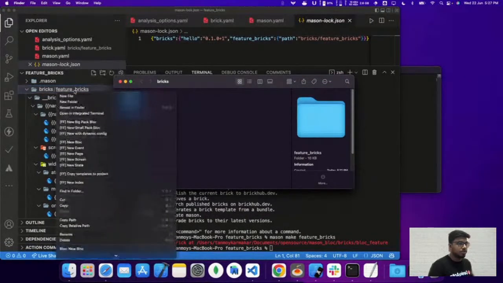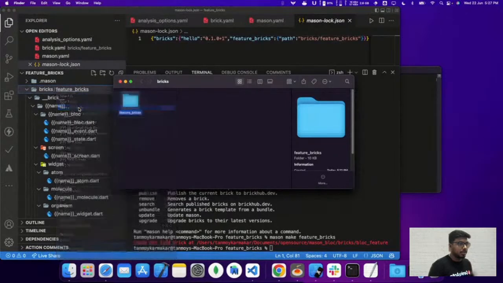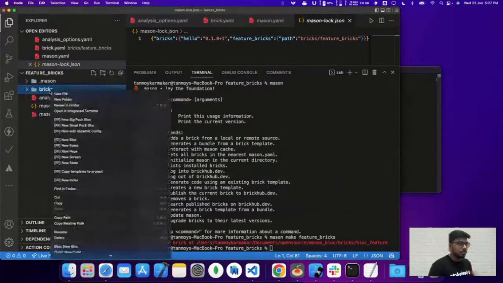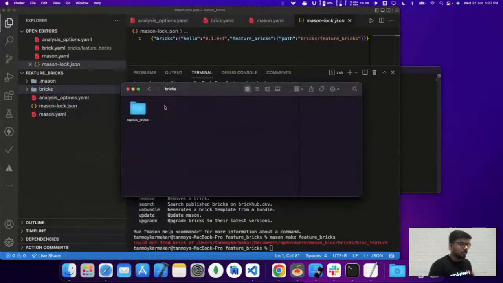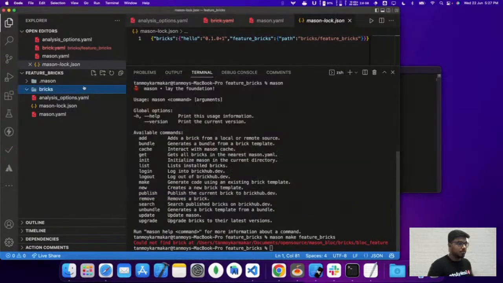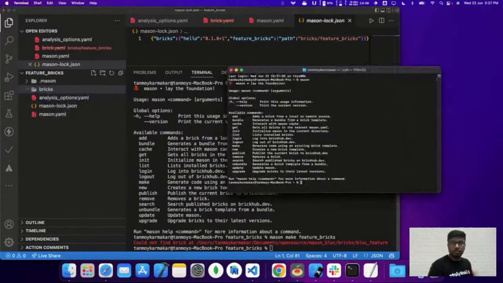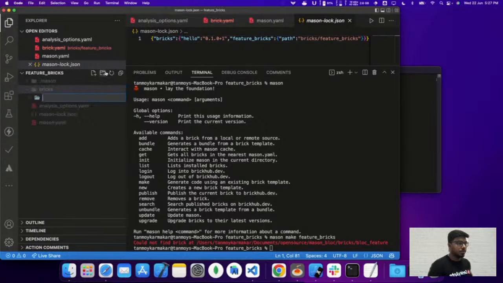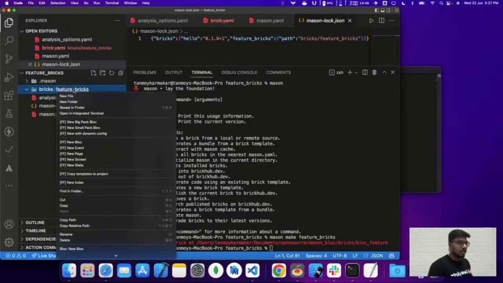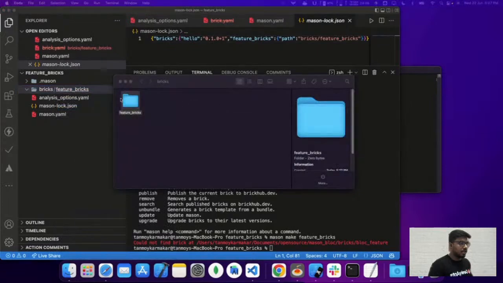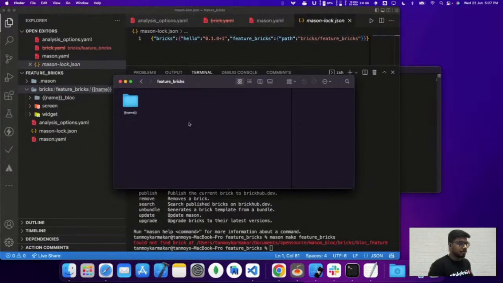So instead of doing this, what we'll do is we'll simply reveal it in Finder, which is already done. So this is reveal. We will just delete this part. We will write our own here. So instead of doing that, what we'll do is we will copy this. We'll create a new folder, feature_bricks, and then open this folder, and inside this we will paste the folder here. So now that we have everything,